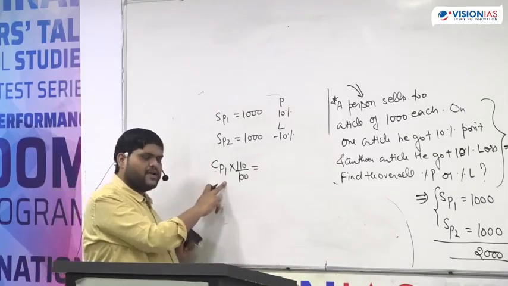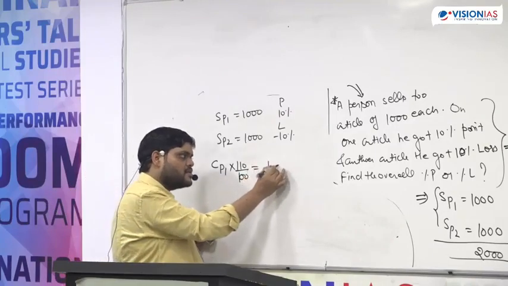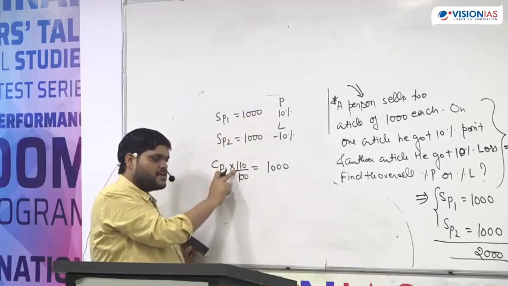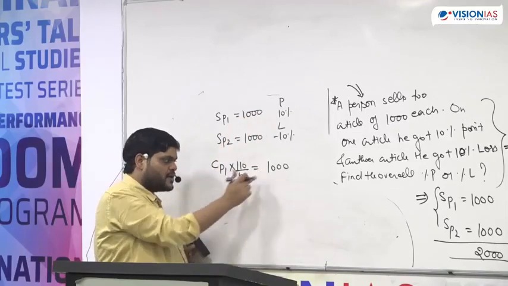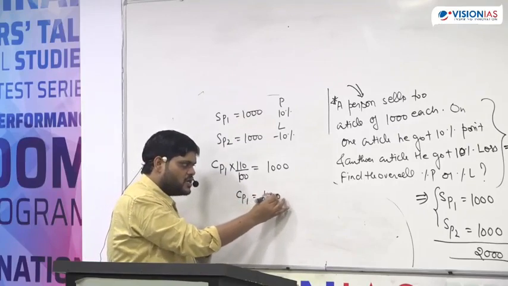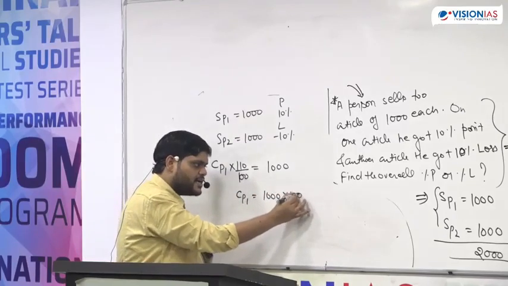What is CP1? CP1, 10% profit, this becomes SP1. So from here I can say that CP1 is equal to 1000 into 100